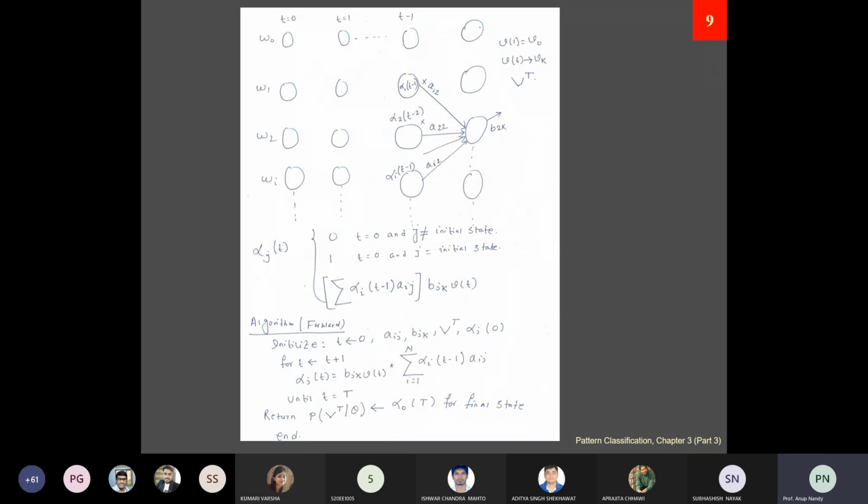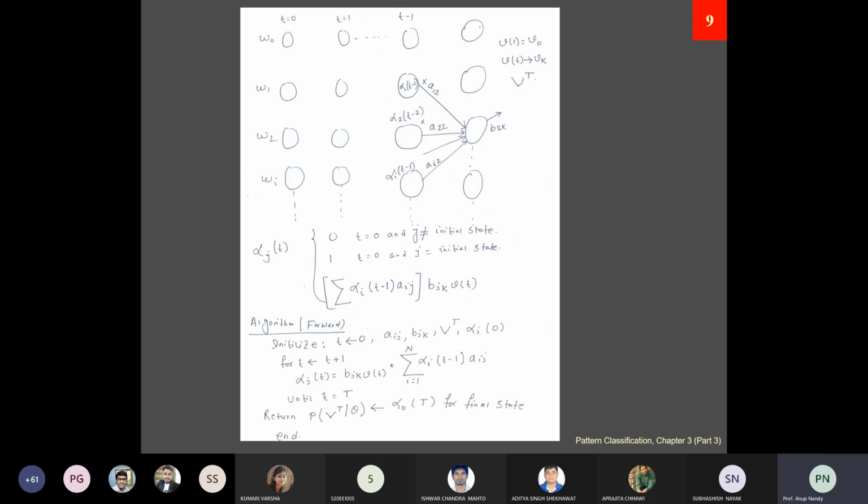So here it will be t minus 1. Okay, it is not t minus 2, it is t minus 1, because we are considering only t minus 1 time step. Okay, now what is the probability that the model is in these states? It's in a wi after emitting an output symbol. Now this is alpha i into t minus 1. Now from this state, if you would like to go from wi after emitting the output symbol to this w2, then you will have this alpha i t minus 1 into ai2.